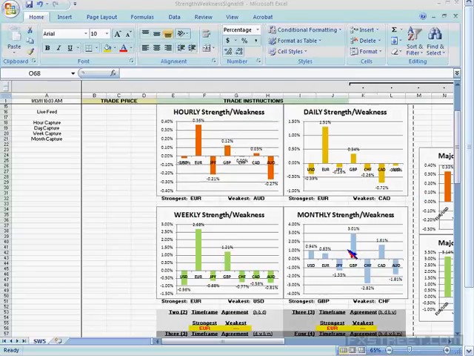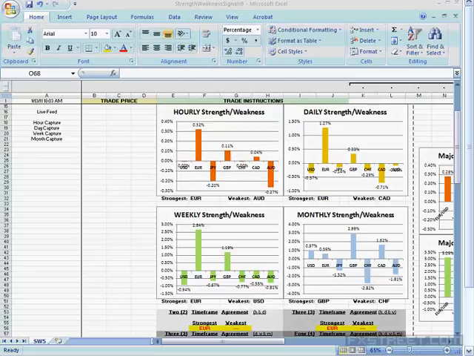Because a lot of people have asked me about the strength and weakness focus that I've been working on for the past several months. This is an Excel spreadsheet that I put together. Actually, I had some help putting it together, but basically what it's telling you is, on different time frames, which single currency is the strongest and which is the weakest, and then you have a hierarchy from strongest to weakest. So that's basically what I'm looking at now. Let me get started with my PowerPoint here, and then we're going to get into more depth, both on the regular charts as well as on this Excel spreadsheet that I have here.